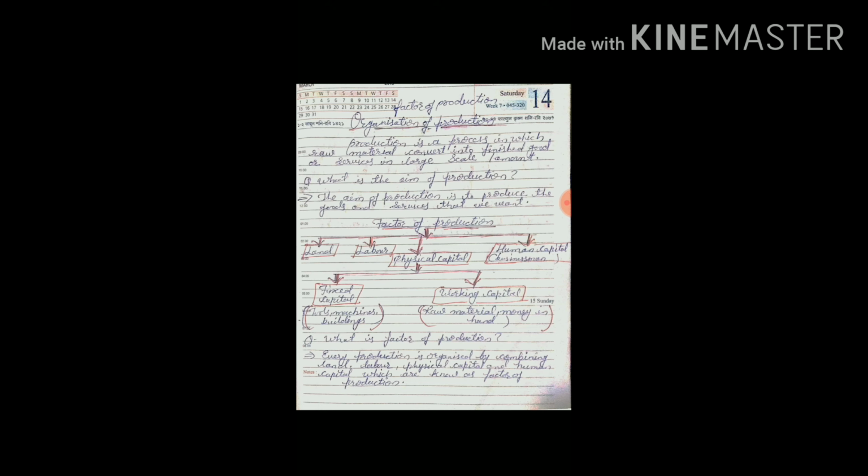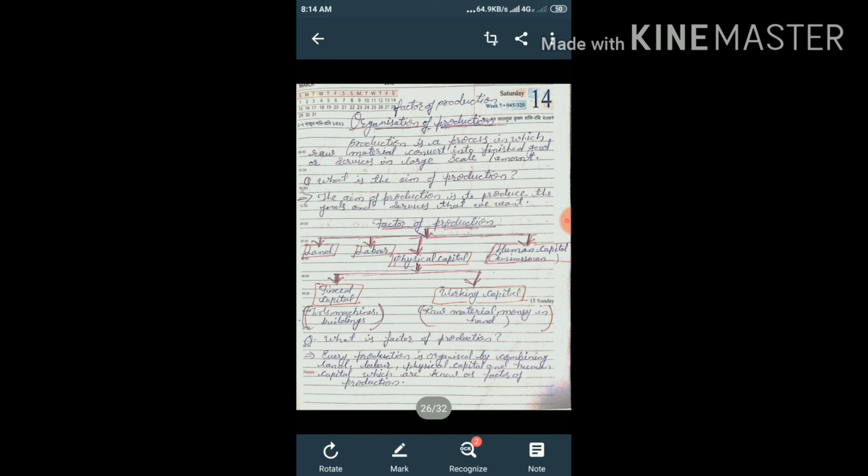And the next part of the physical capital is working capital. What is working capital? Working capital means raw material and money in hand. So did you understand what a working capital is? Listen students, whatever production work happens, happens only with the help of man. If any persons work for the production work under your guidance, we have to pay some money to them.